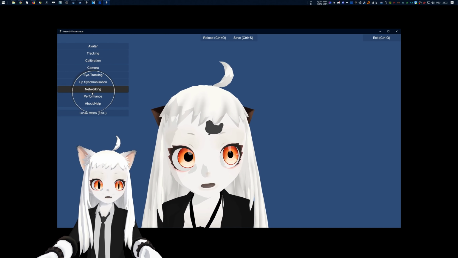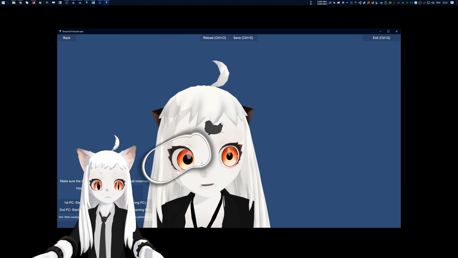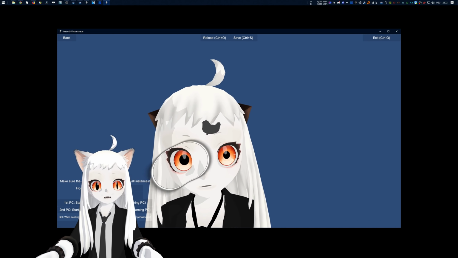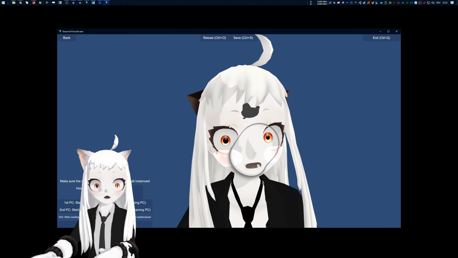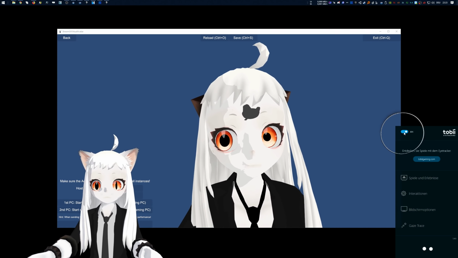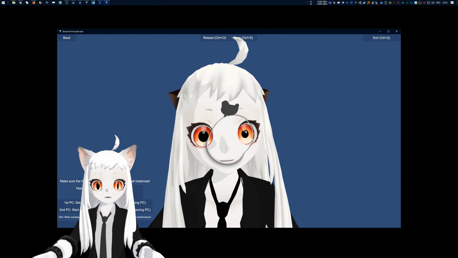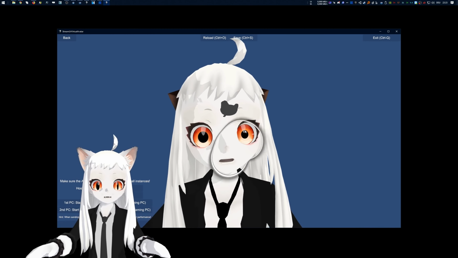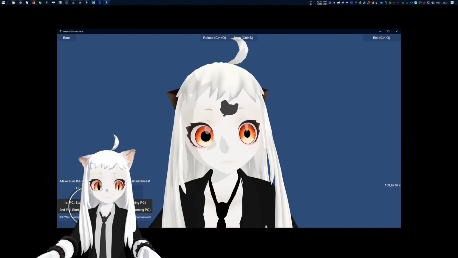And now we have networking. This allows you to stream with two PCs. The first PC will basically run as a slim client, only sending your keyboard inputs as well as the eye tracking data, which means you have your eye tracking running on your gaming PC, and SteamVR and the other application and the tracking with the hands and everything on the second PC. So what you want to do is you start this on the gaming PC and you can see the server time basically. And if you start a second instance, which I'll demonstrate really quick,